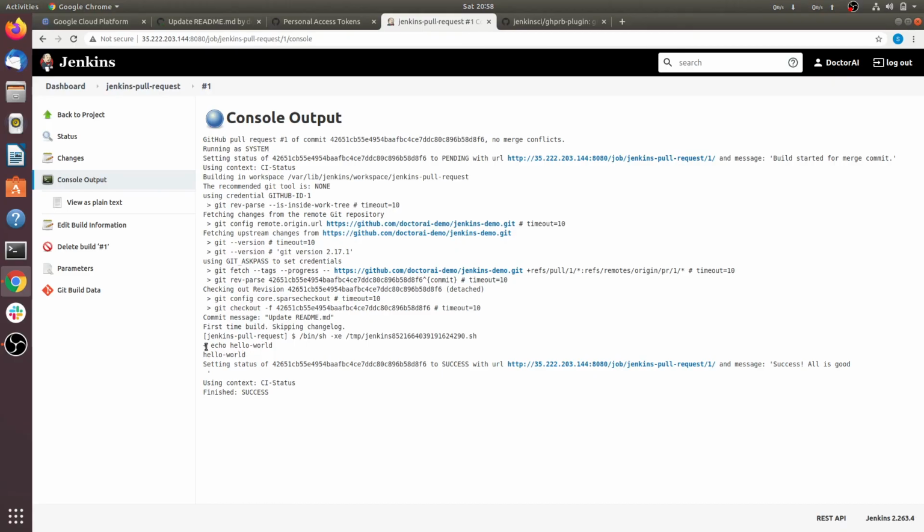It started this job, and whatever commands you provided, it will run successfully. Echo hello world, it's printing hello world. Here you can see setting status. It will set the status of this pull request with the message success, all is good, using context CI status, finished success.